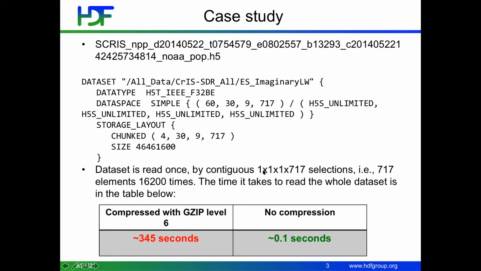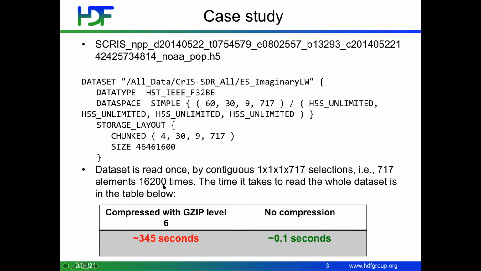So it was contiguous one by one by 717 element selections. So 717 elements were read because there will be 16,200 scan lines,